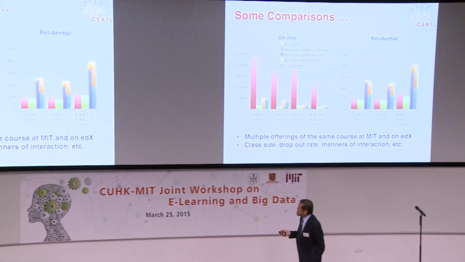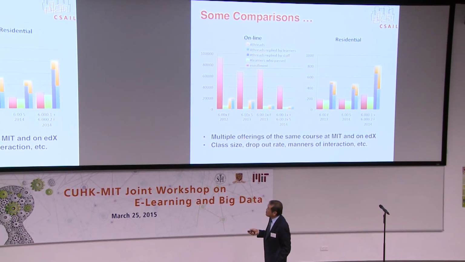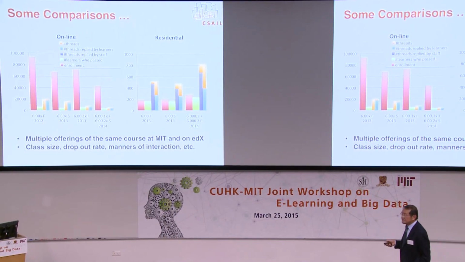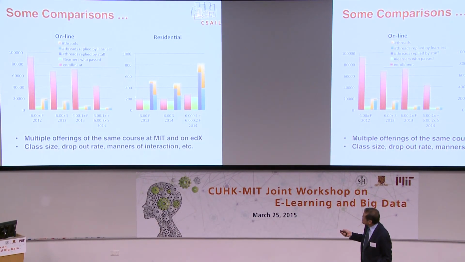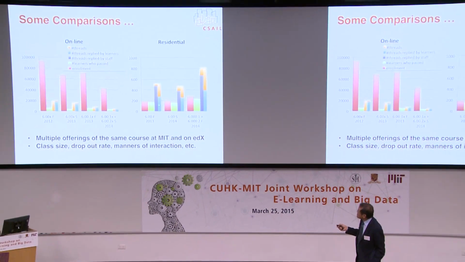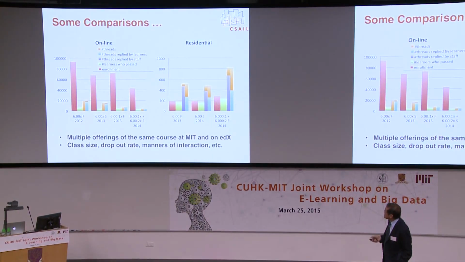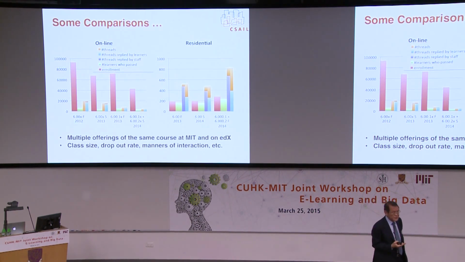So you can look at this and you see, for example, the enrollment. You can see red is the total number of enrollments. That's measured in terms of tens of thousands of students. Whereas on campus, you're looking at 200 or 300 students, and this particular one is a high, the last time it was offered. If you look at the green one, that says how many people actually passed the course,